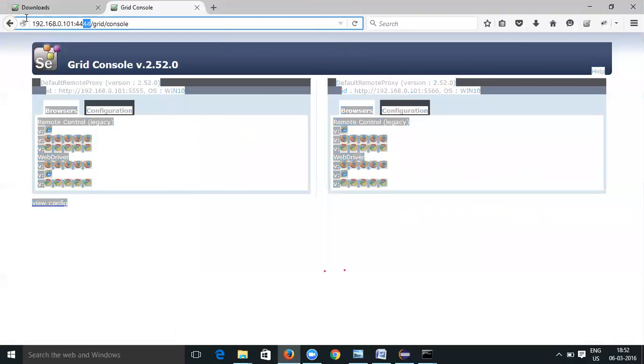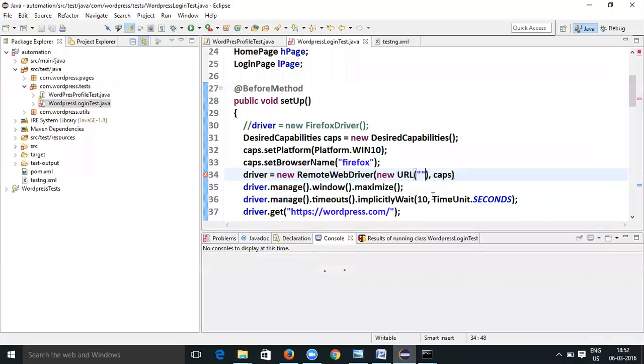This is the hub URL, and slash wd slash hub. Just give me a second. Let's make sure I'm using the right one.